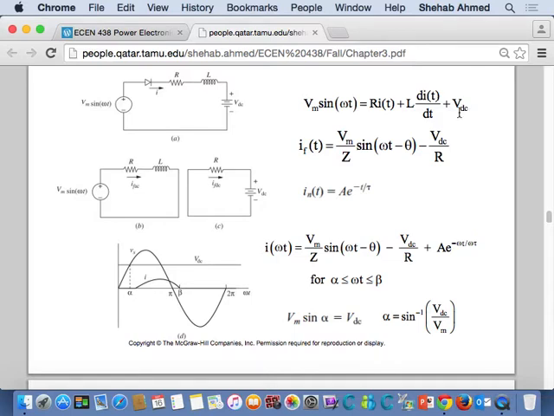Current. Current divided into a forced response and a natural response. The forced response here is a little different than before because I have two sources. I have an AC source and a DC source. So my forced response is going to be due to the AC source and the DC source. So they divided the circuit up for you to look at the forced response due to the AC source, which is this voltage divided by the impedance. And then for the DC source, it's the voltage divided by the resistance